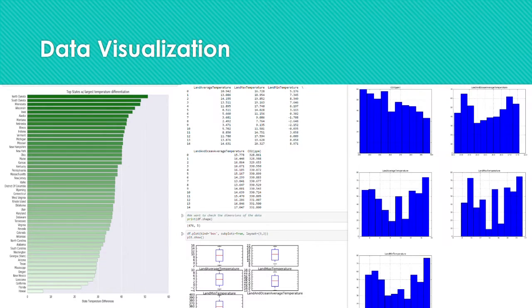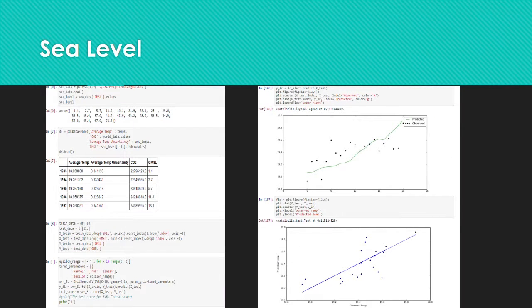and we made a few box plots and found more distribution at the state level, where temperature varied more in certain states than it did in others. We did box and whisker plots. We also did histograms on the CO2 levels and the land average temperature, the maximum temperature, the minimum over the past 250 years. We then used machine learning methods to calculate the sea level rise,